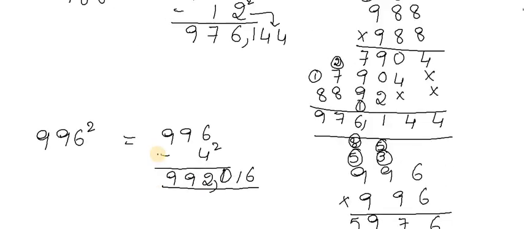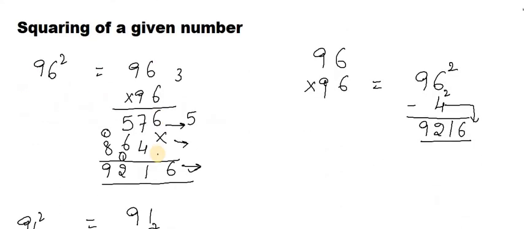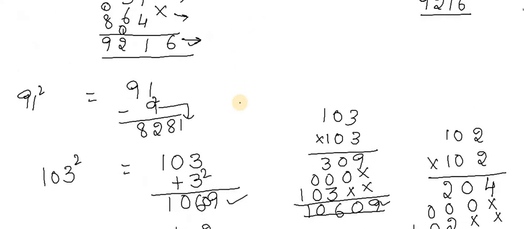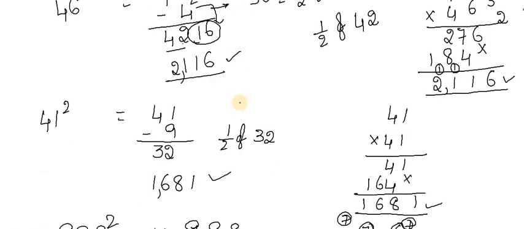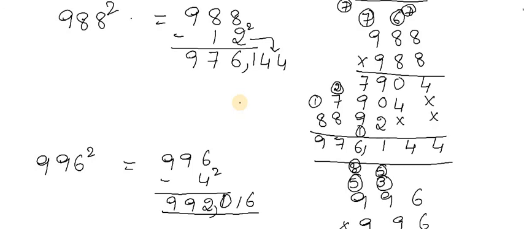I hope you all understand how to do multiplication of squares, squaring of any number. Whatever number is given, you can just do the square. Just check whether it is near to 100 or near to 50, and then multiply. More than 100 means you should add, and less than 1000 or less than 100 means you should subtract. And whatever number you subtract, write its square beside the number, and by that you will get the square of the number within seconds.